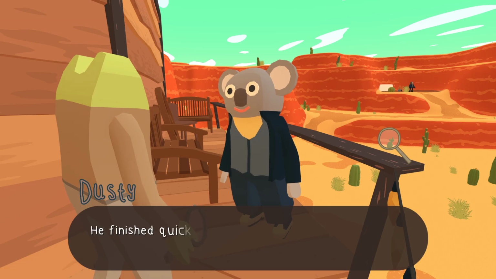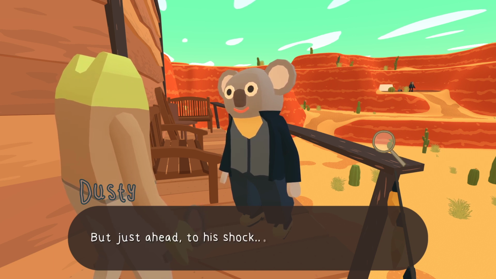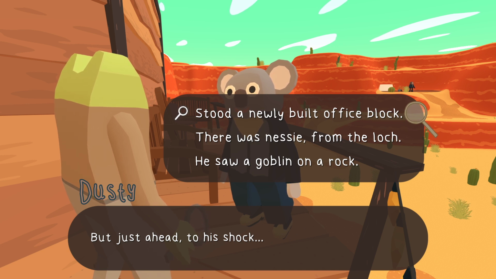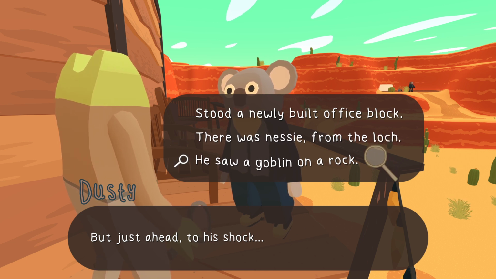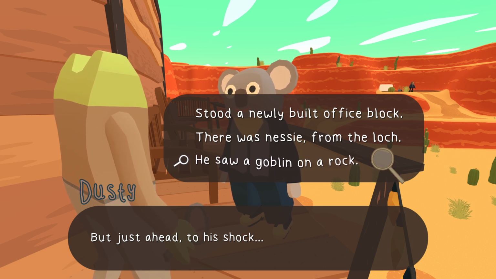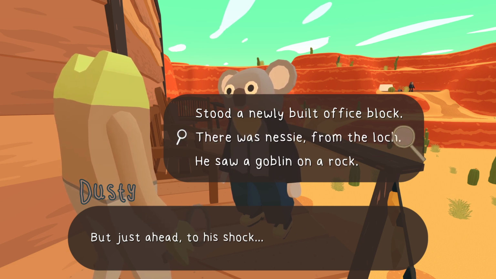To get some more. He finished quickly, smart and sure, then headed off to get some more. Continuity works. That wasn't what I was going for, but yeah, continuity. But just ahead, to his shock, you get in that sentence a few ways, stood a newly built office block. There was a Nessie from the lock. That's why I have a PhD in streaming. He saw a goblin on a rock. So with option 2, we can easily turn this into a Tree Fitty joke. But